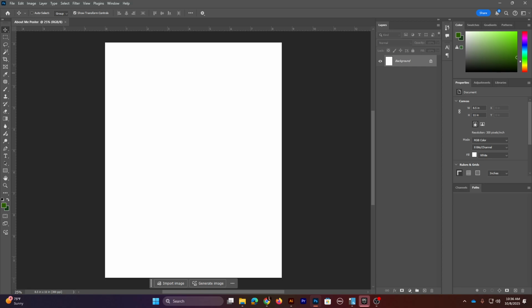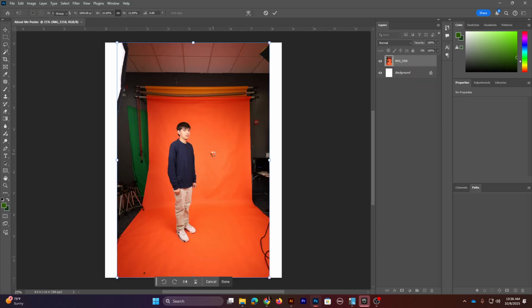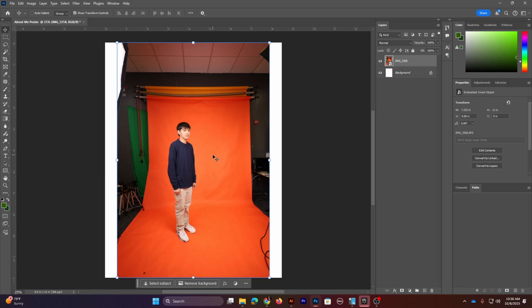be implementing a photo. Now I'm just going to be using one of the pictures that you guys took, so I apologize, Luis, because I'm using yours, but we're going to bring him over into Photoshop. Right now, once we bring the picture over into Photoshop, obviously we don't want the orange background, and we want to make sure that we can work with what we currently have. So we're going to do remove background,